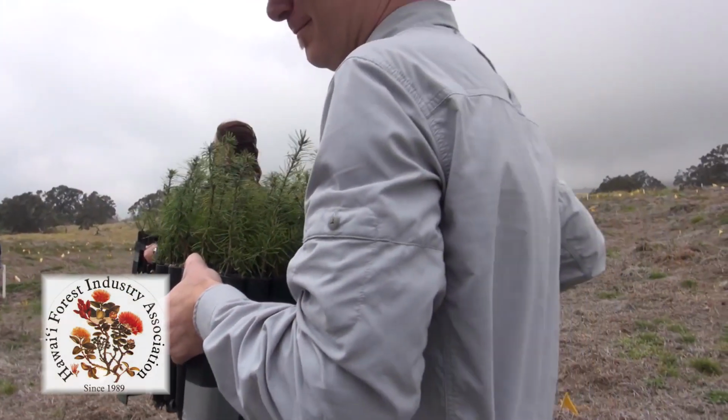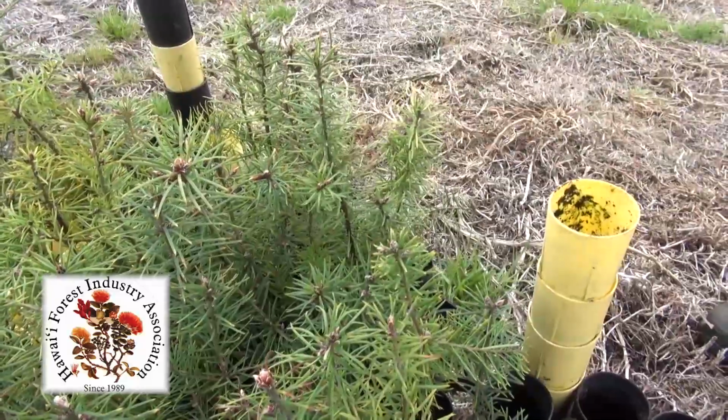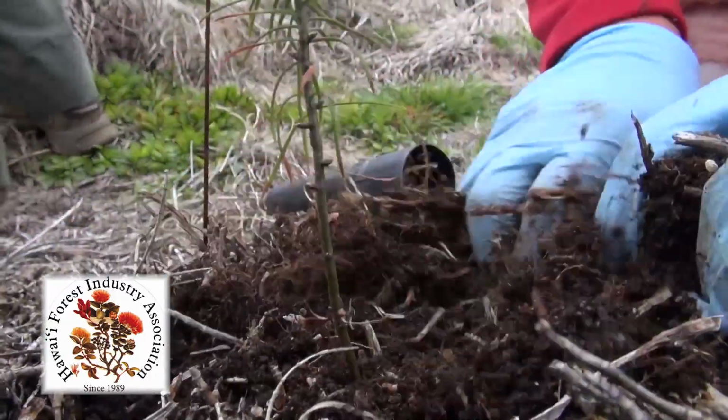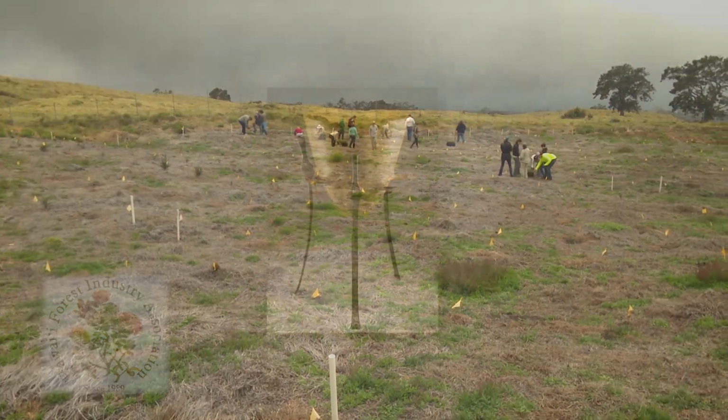Well, the HFIA, Hawaii Forest Industry Association's purpose is basically to protect and preserve and manage the forests of Hawaii. I mean, one of our best resources is all the woods that grow here. A lot of what HFIA does is to protect the endangered species and also to manage the forests to make sure that the trees and the plants that do grow here have a healthy environment with which they can